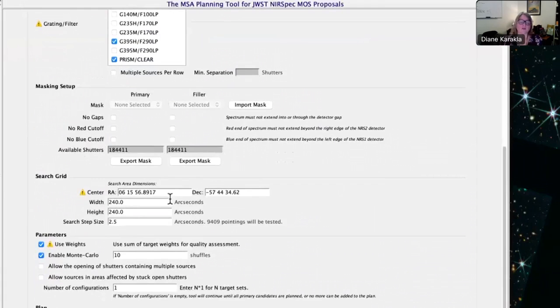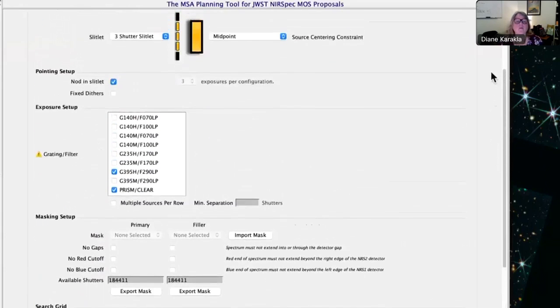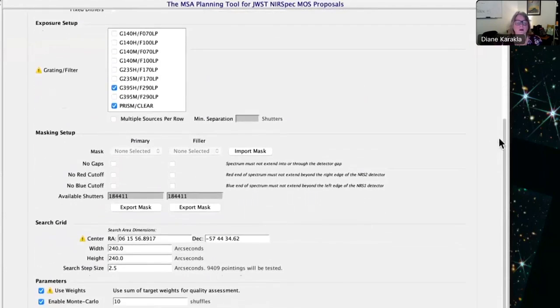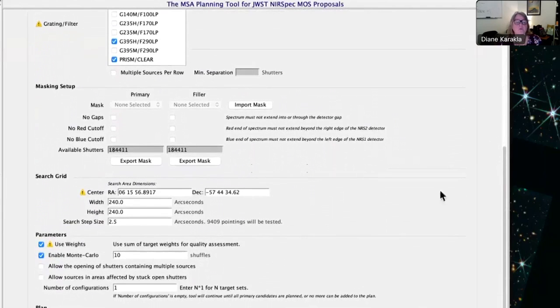I'm going to set my search grid. So the center that's been put into here is actually computed by MPT from the primary candidate set up here. So it's the center of that area where the 4 sources are. I mean, the 7 sources are. And then the width, actually, I think it's,